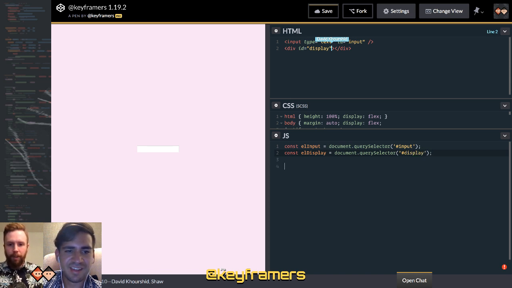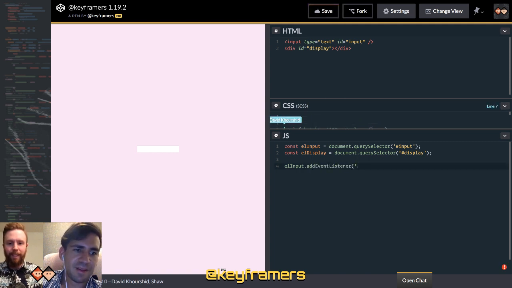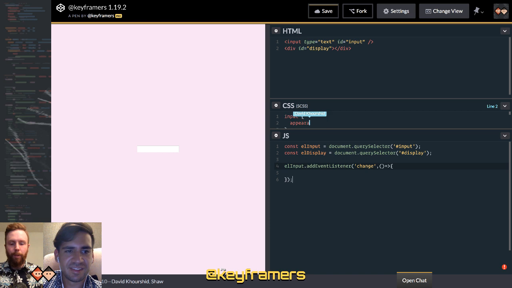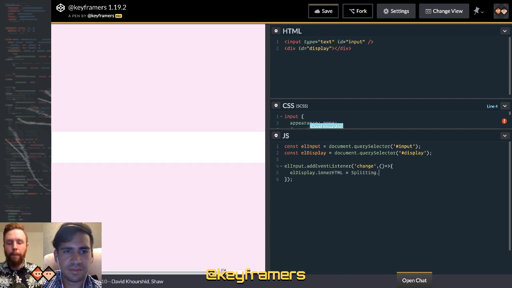Why do you name things so confusingly? By the way, don't use IDs like we use. We're doing this for simplicity. We're professionals. Then on change, what we'll do is display.innerHTML equals splitting.html, and then content is going to equal input.value.